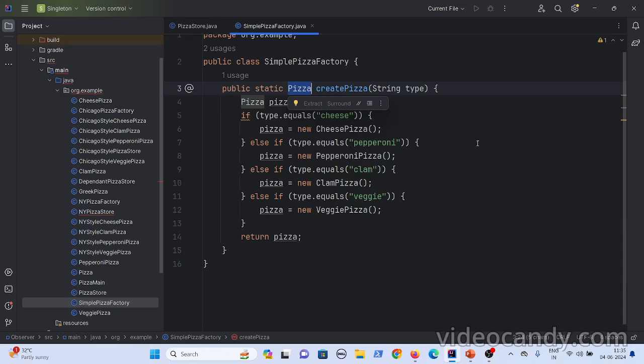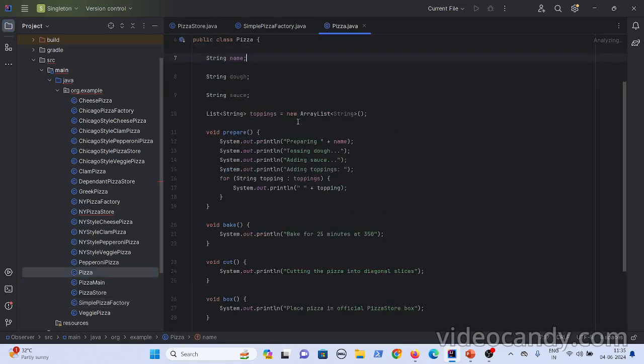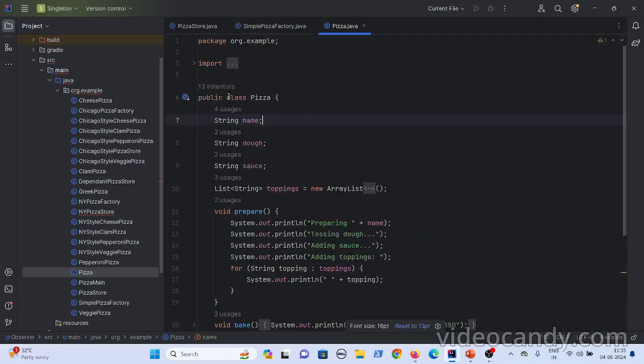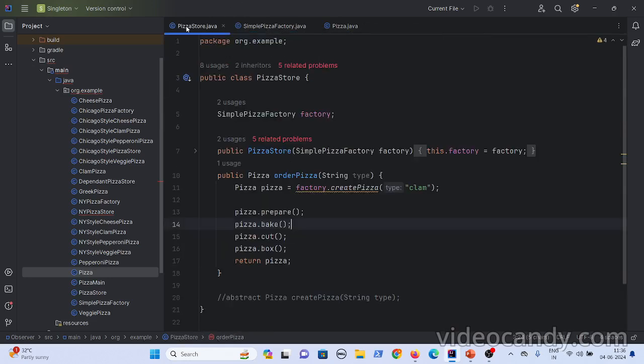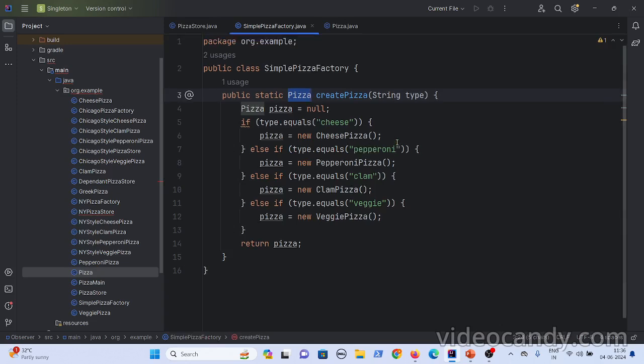Even if a new pizza is added, you will create a new pizza which extends this pizza class, and then add it here. So your pizza store class is not touched, and even if other classes need the pizza creation logic, they can call this method, right?